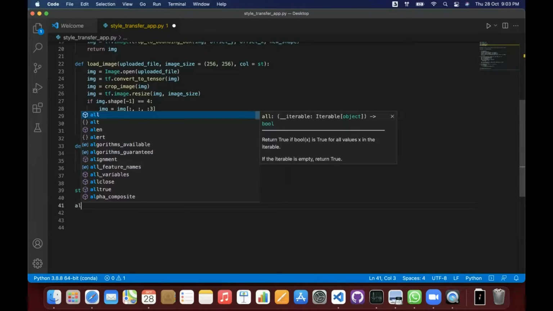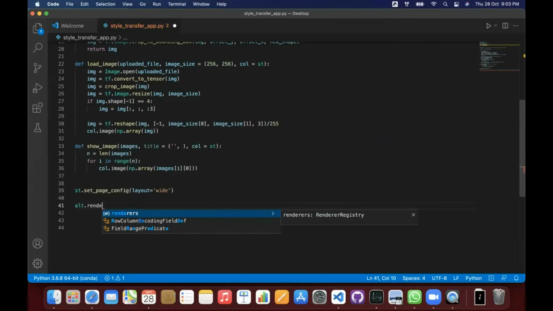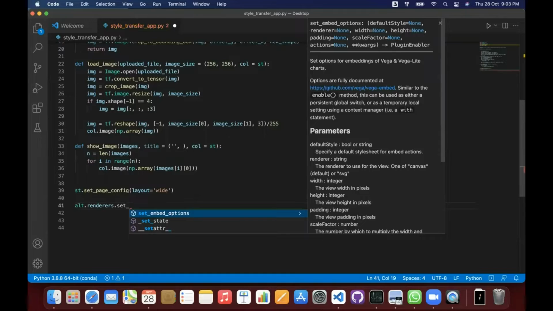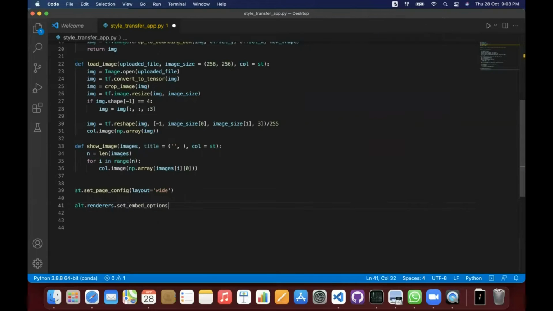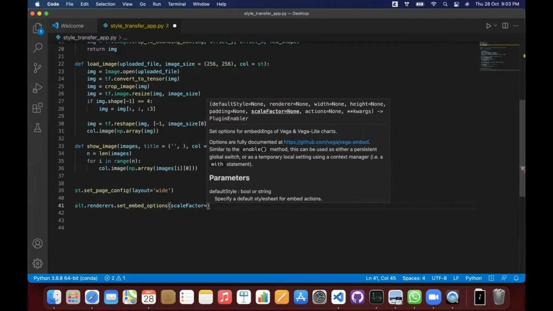Then I will write alt. Remember we used alt, the library Altair, which I mentioned earlier. So alt.renderers.set_embed_options, and I'll define the scale factor for this as 2.